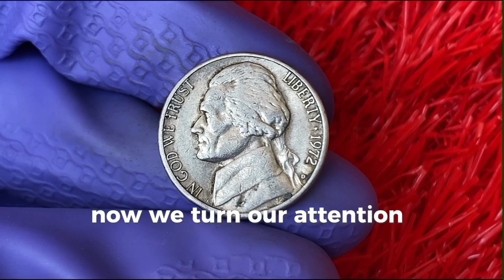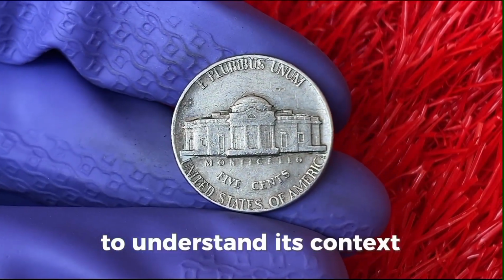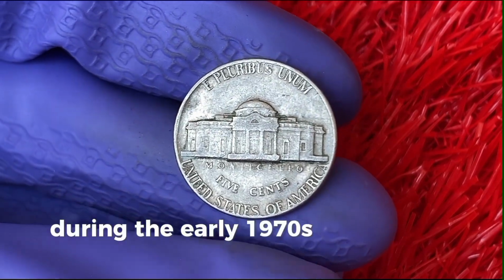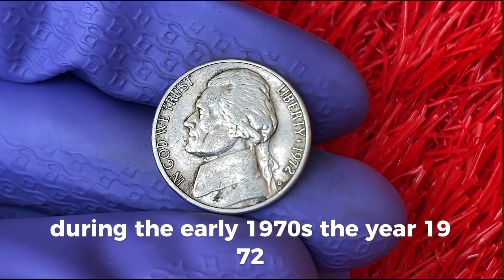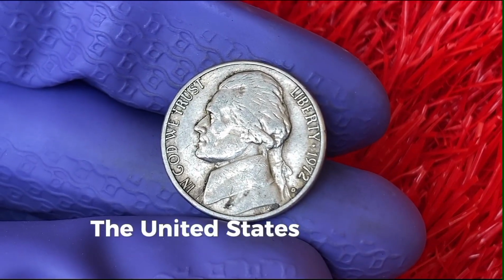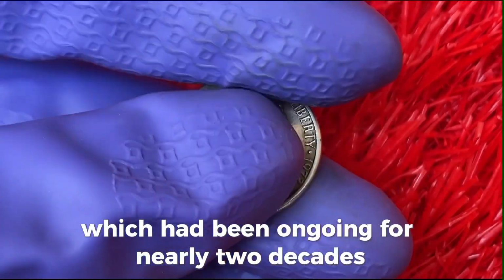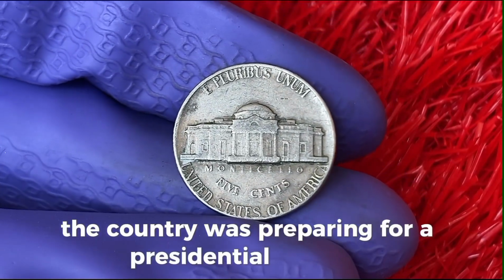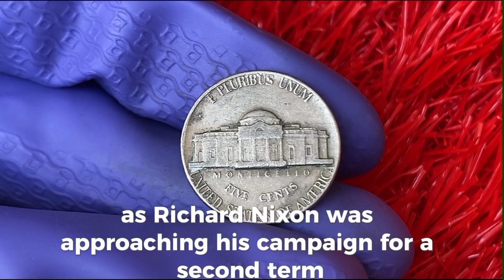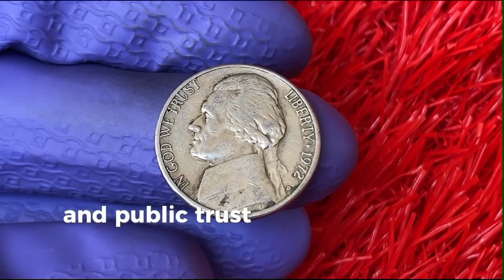Now we turn our attention specifically to the 1972 Jefferson Nickel to understand its context. We must examine the state of the United States and the Mint during the early 1970s. The year 1972 was marked by a number of political and economic developments. The United States was still entangled in the Vietnam War, which had been ongoing for nearly 2 decades. The country was preparing for a presidential election, as Richard Nixon was approaching his campaign for a second term, the American economy was facing inflationary pressure, and public trust in government institutions